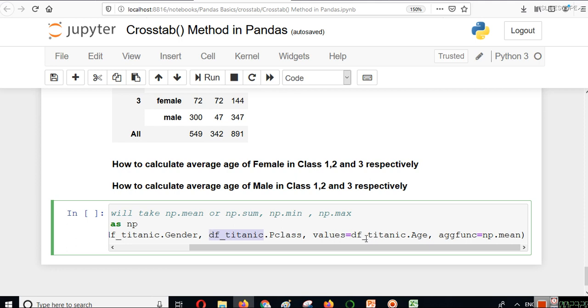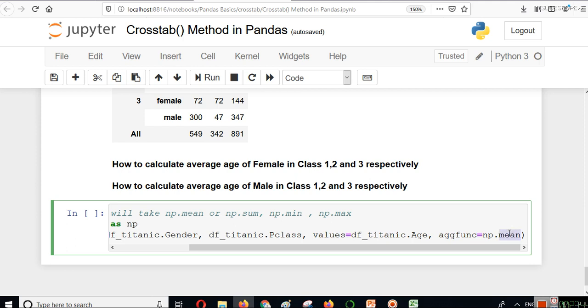So values is equal to df_titanic.age, and remember, values and aggregate function will always be used together. If you are using values, you have to use an aggregate function, and similarly if you are using an aggregate function, you have to use values.